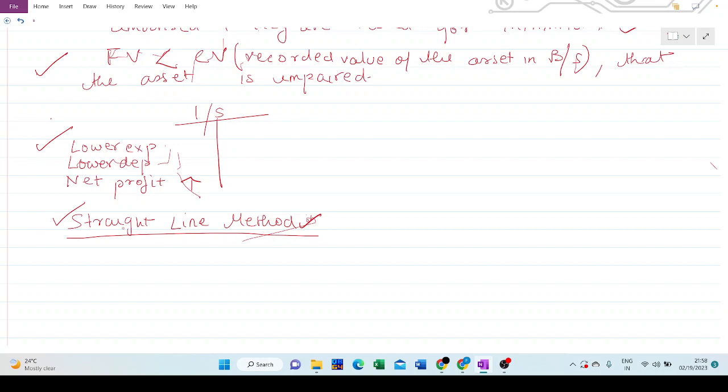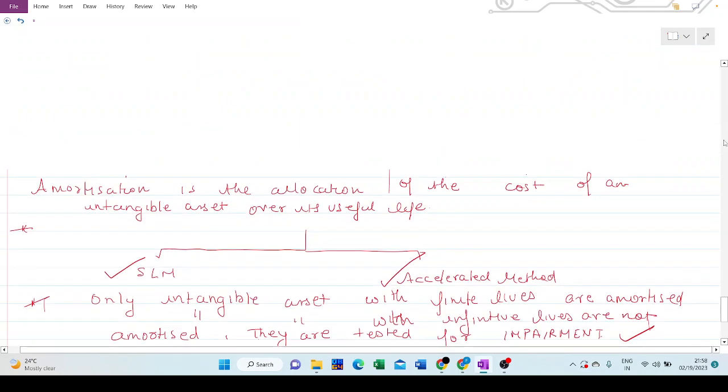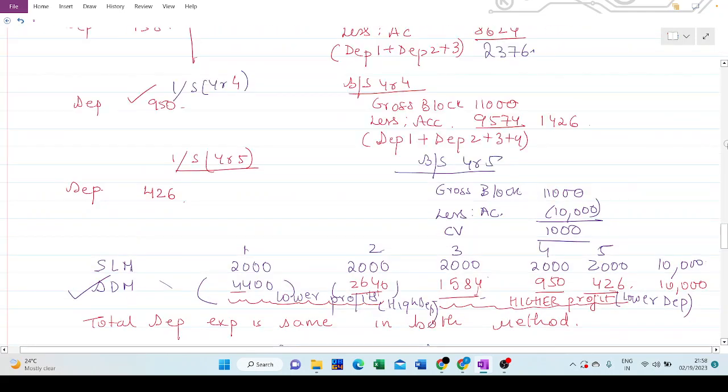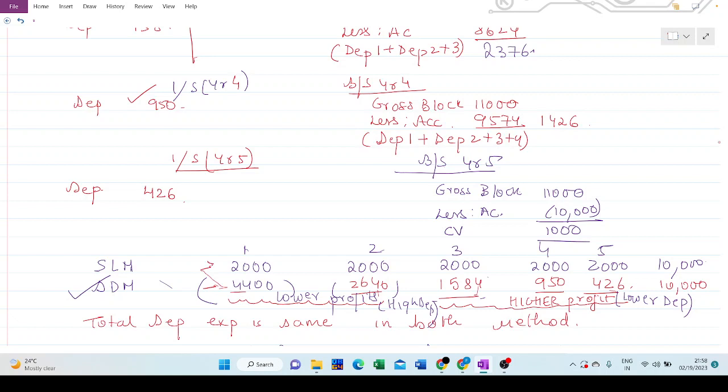See, if you have just purchased an asset, okay? We had discussed that if we had just purchased an asset, the DDM method would result in higher depreciation, and the SLM method would result in lower depreciation in the early years of the asset life. So if we have just purchased a lot of assets, if we use the SLM method, we will be reporting a lower depreciation or a higher depreciation? Lower. And if we report a lower depreciation, then obviously my reported net income would be higher, right,